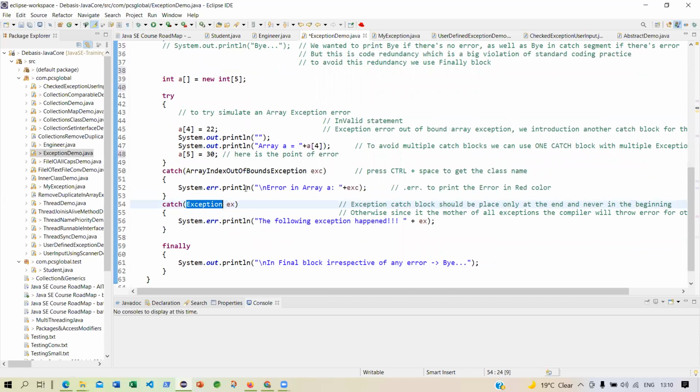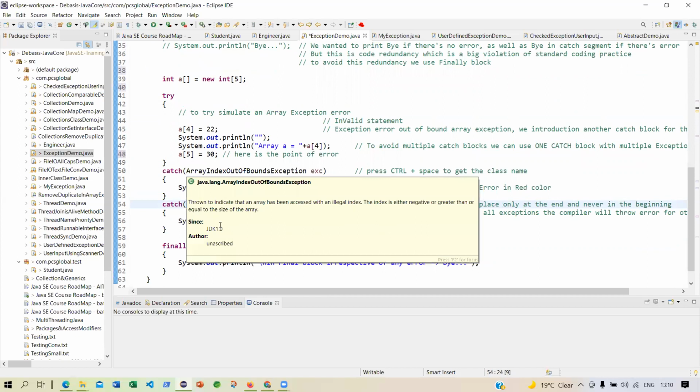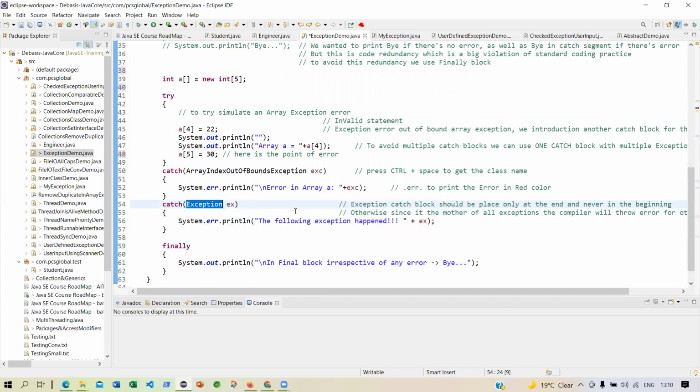And I'm putting that general exception only at the very end. The last exception that I should catch is at the very end. I'm saying that the following exception, I do not know the name of the exception. I just want to, okay, here I am giving an EX plus I'm giving some error message.